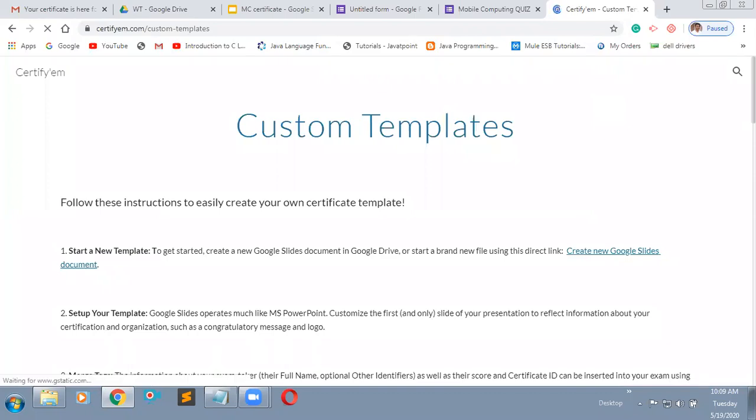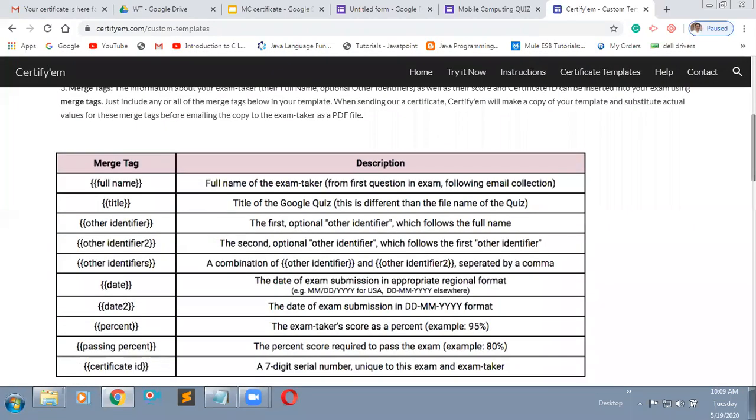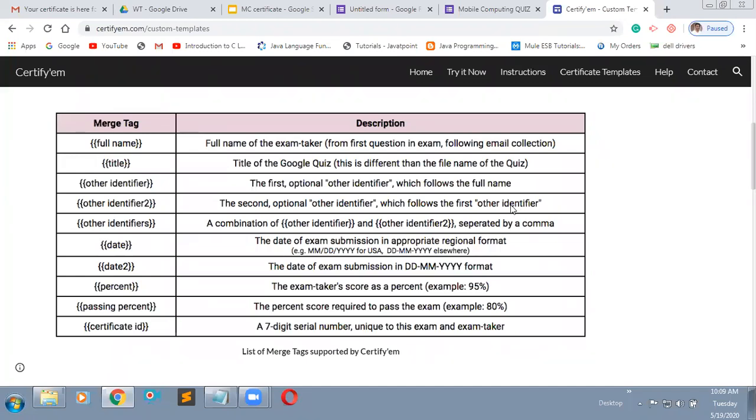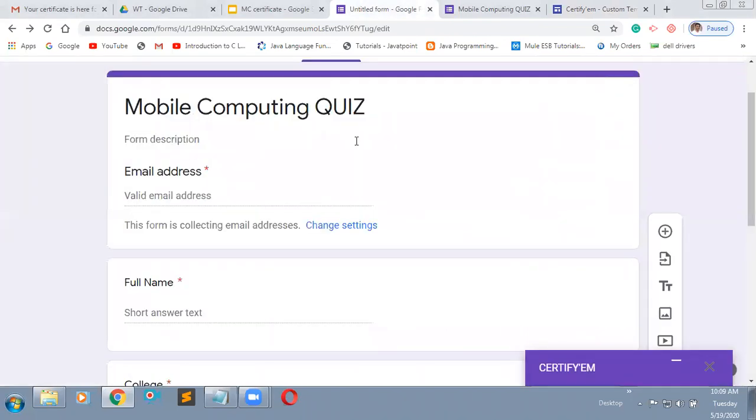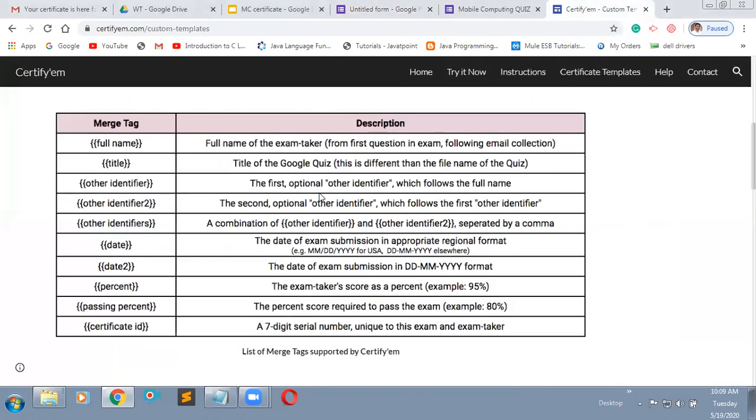See, now we have different major tags. So these all are the major tags that you can use in your slide. Name, right? The participant. This is the title. Here we are mentioning our title, right? In our quiz, this is the title. This is dynamic. You can take it as a dynamic page. Dynamically also you can take it like this. This is the other item.